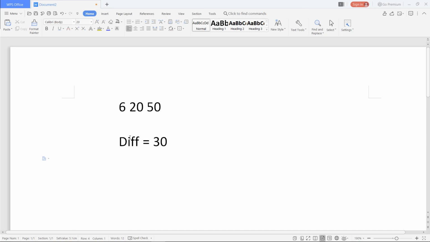Let's see why we need 5 partitions. Since this is in AP and we need 4 numbers in between, you can see partition 1, 2, 3 and 4. This is why for 6 numbers we need 5 partitions.